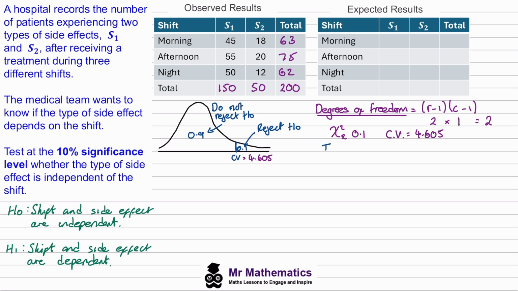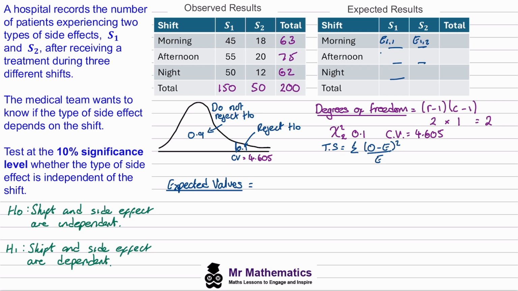And the formula for the test statistic is the sum of the observed values minus the expected value squared over the expected value. So at this point, we need to work out our expected values. And you can see we'll have 6 different expected values. I'll call this cell E11, so the first row, first column. We'll call this one E12, first row, second column,